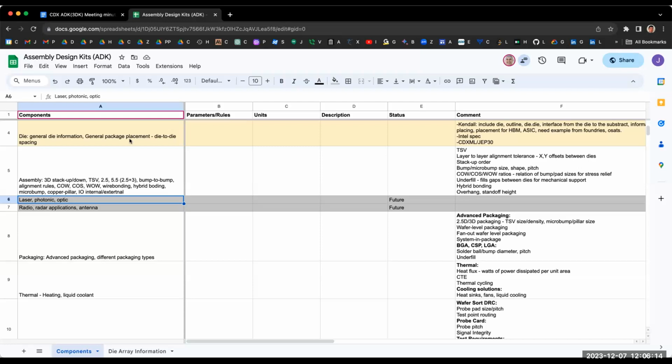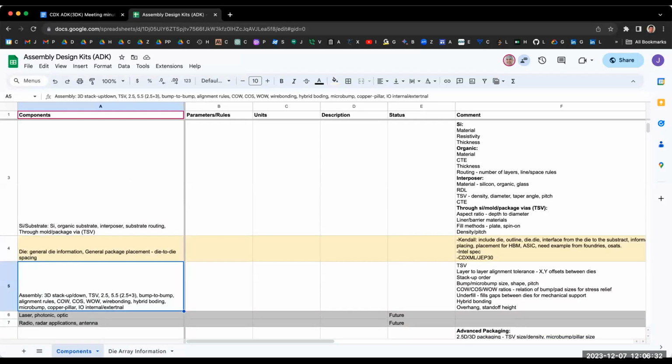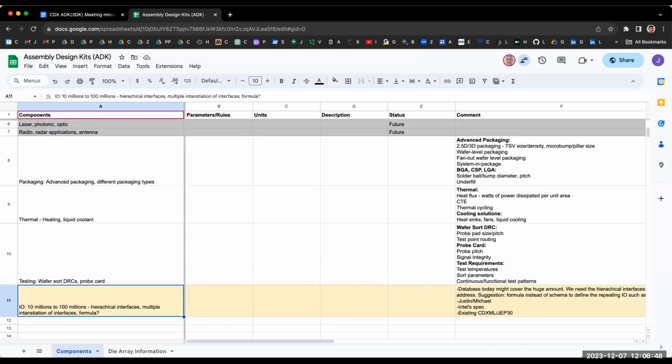So we put that in the gray area, and the white ones are what we really want to discuss. We break into, from the previous meeting, the RDL, the different substrates like silicon, organic, interposer, and then the 3D stacking components, especially new technology related to 3D, the SMP rules requirement there. And then different packaging-specific requirements, and the thermal heating, which in general